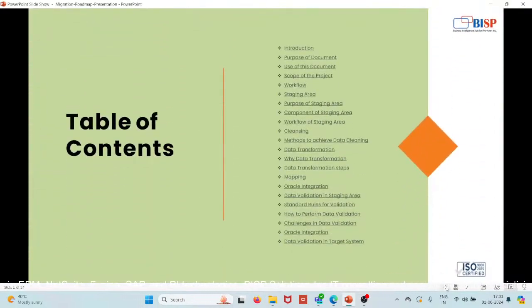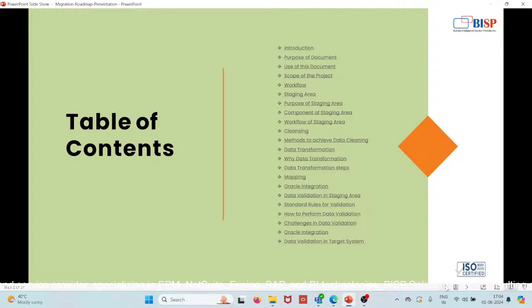First we are going to see the introduction part, purpose of this document, use of this document, scope of the project, then what is the workflow, staging area, purpose of staging area, components of staging area, workflow of staging area, what is cleansing, and methods of archive data cleaning, data transformation, why data transformation is required,